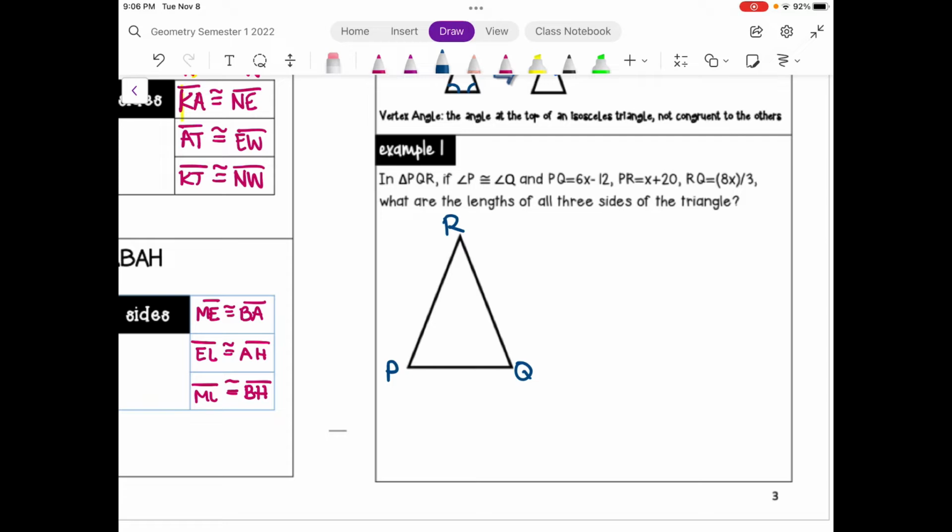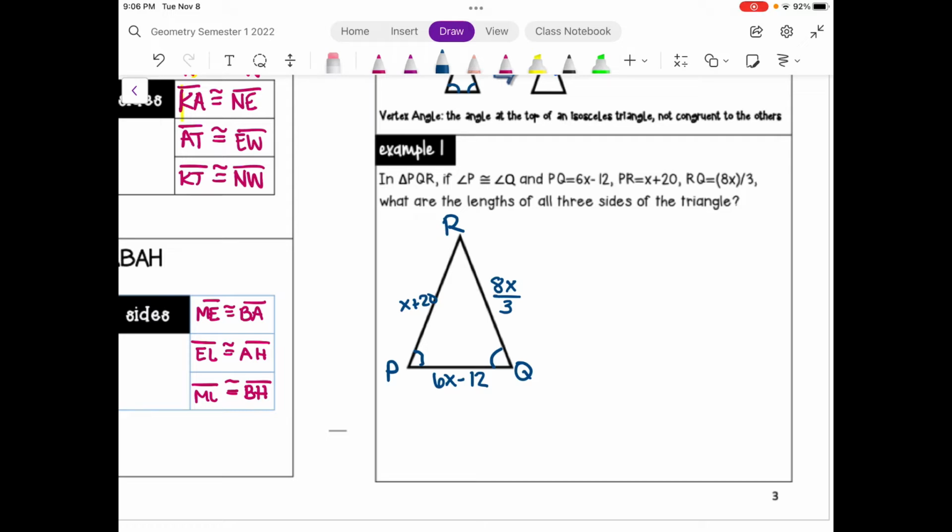According to our statement, angle P is congruent to angle Q. And PQ is 6x minus 12. PR is x plus 20. And RQ is 8x over 3. We need to find the length of all 3 sides, but before we can do that,